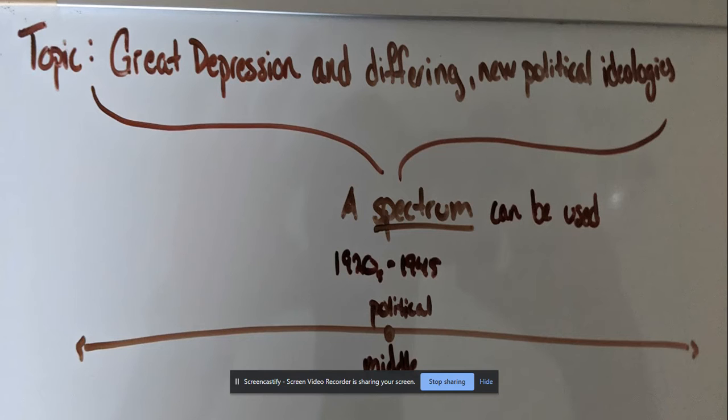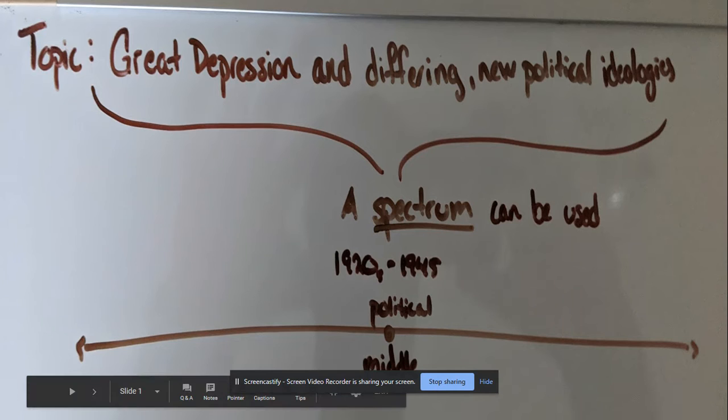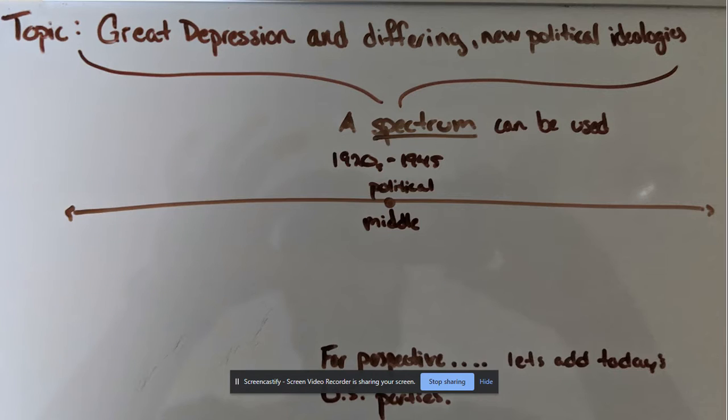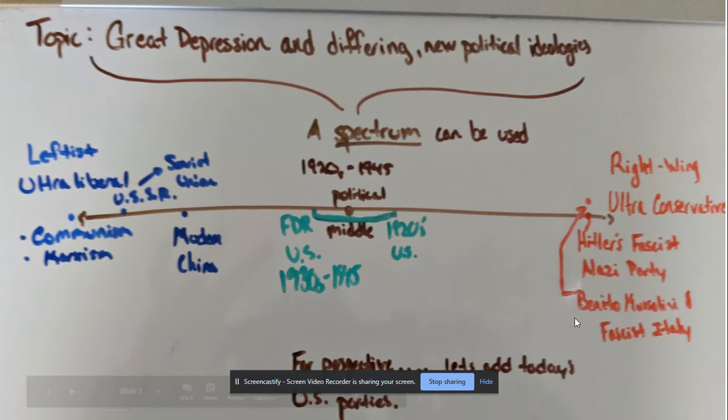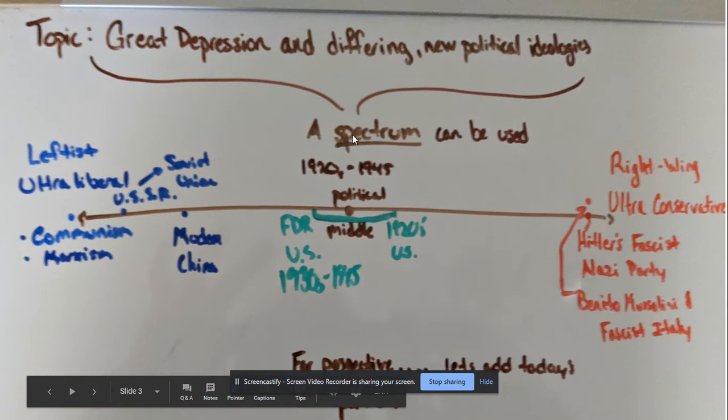If you follow my cursor, and the differing new political ideologies. As always, we're going to use a spectrum to try and understand everything from far left to far right in the 1920s to 1945. Right. So that being said, what we need to understand is in the middle, we're going to have our basic